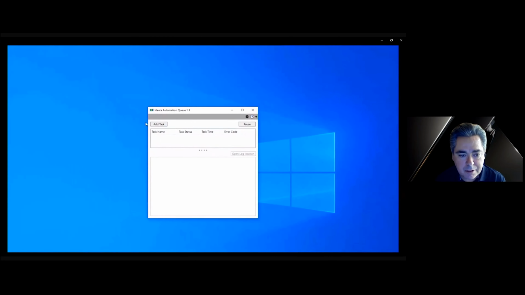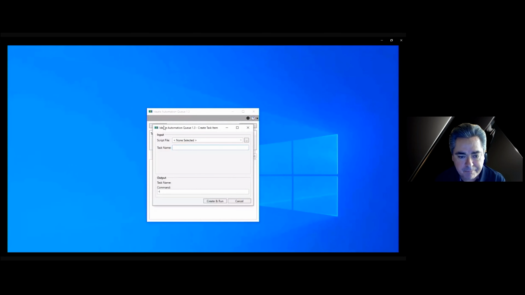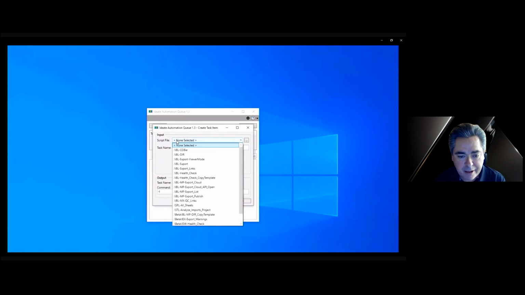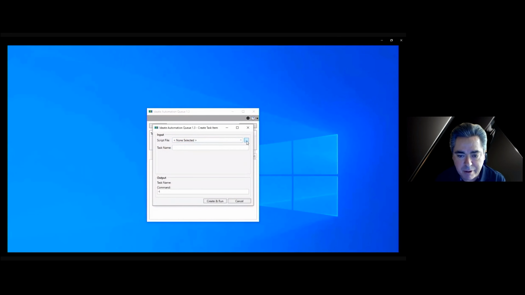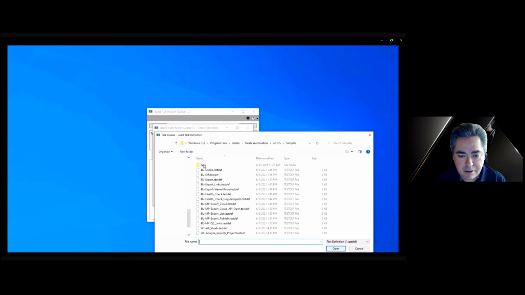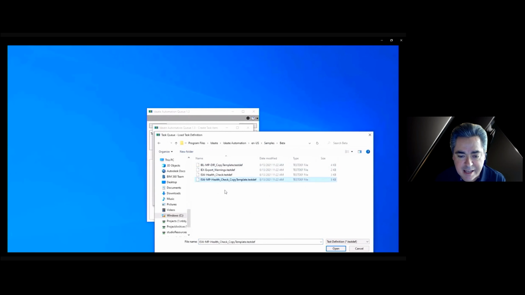And a dialog box will open. We'll click Add Task. Now we need to pick a script file, and because right now it's in beta, it's in a separate folder, but it's going to be in this folder very soon. So let's go into this Browse button here, and we'll just pick this file here under beta. And it's going to do exactly the same thing, even copy the template file for us. So once we pick the file and we hit Open,